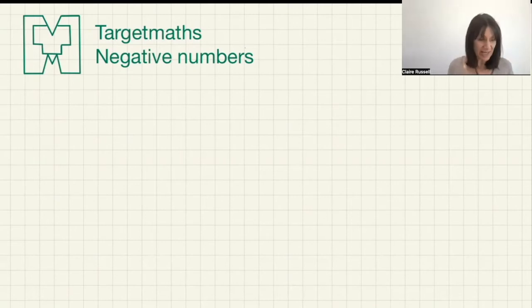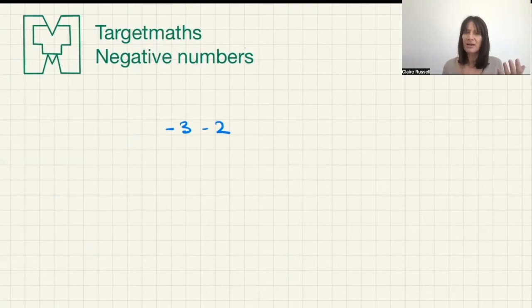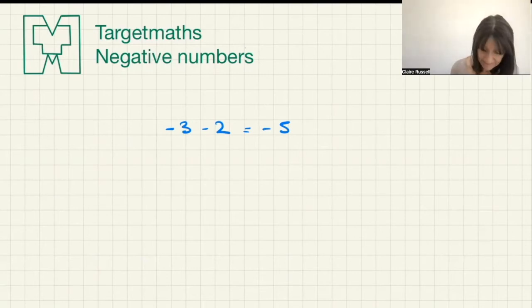And when we were doing our negative numbers, let me remind you, if we had -3, -2, we weren't talking about rules. We literally said, right, I'm at -3 on the number line. I'm going to go down a further 2. My answer is -5. And we certainly were not thinking about the signs any more than a starting point and a movement either up or down that number line. But when we get questions that look like this,